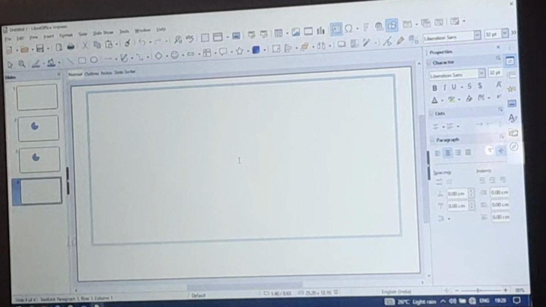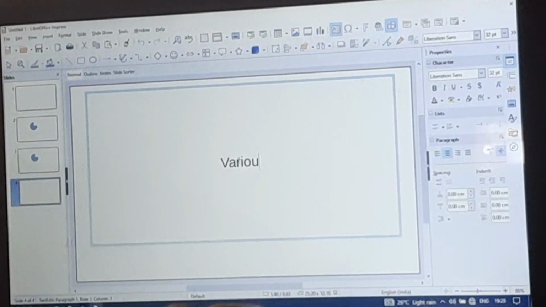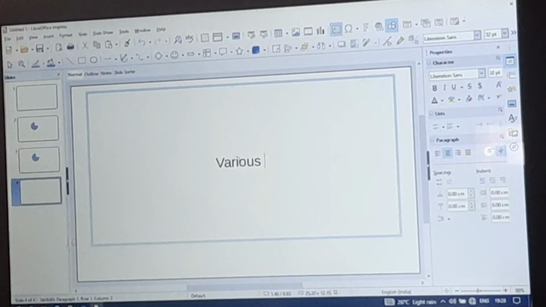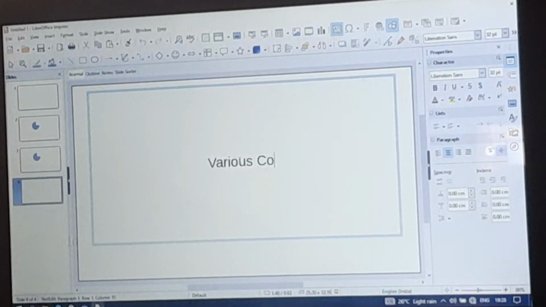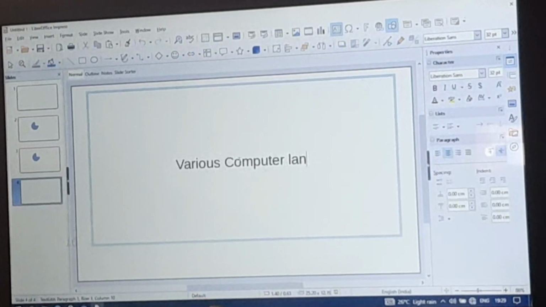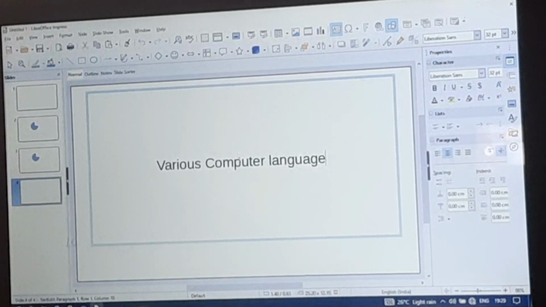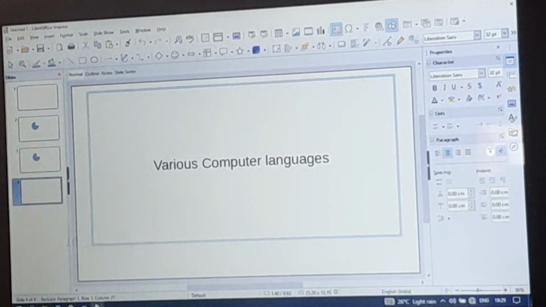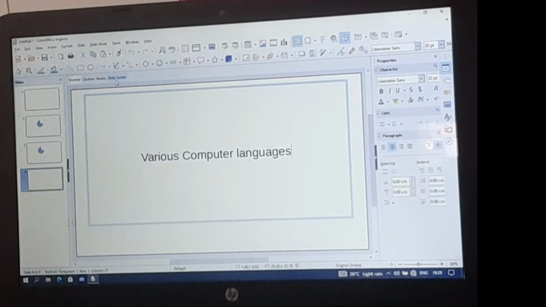Make sure that your slide is in the normal view. We will study about the different views later.